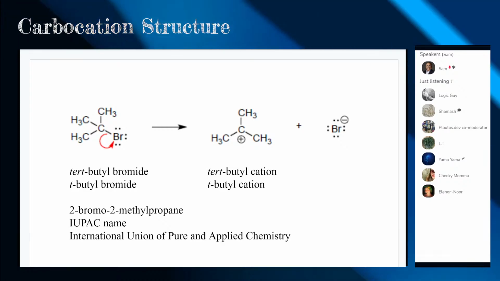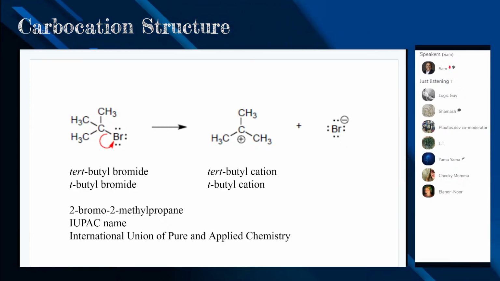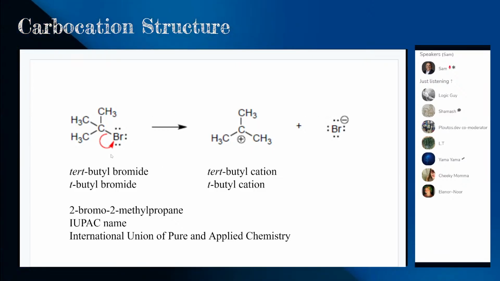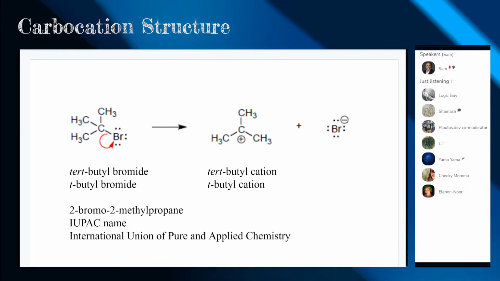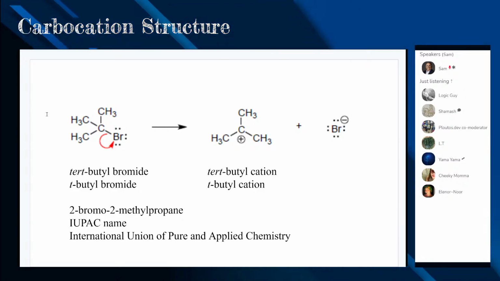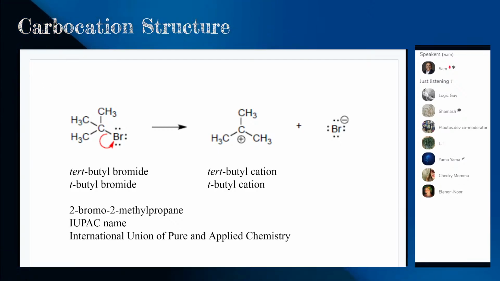Anyway, bromo leaves, and that's a Br minus. It takes all the electrons that are in the bond with it, and so carbon ends up with 1 less electron in its outer shell, so it will bear a positive charge. So what does this carbocation look like? I have represented it in a cartoon fashion, just a carbon with 3 things around it, but really, what is